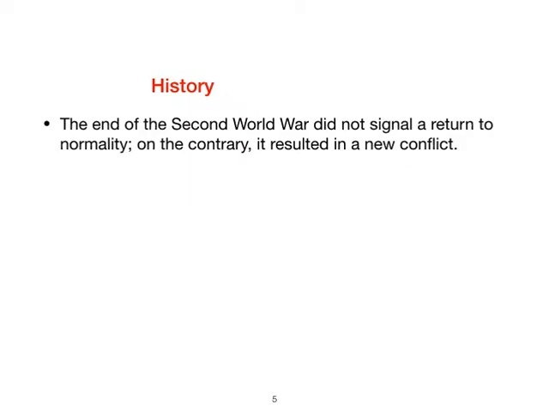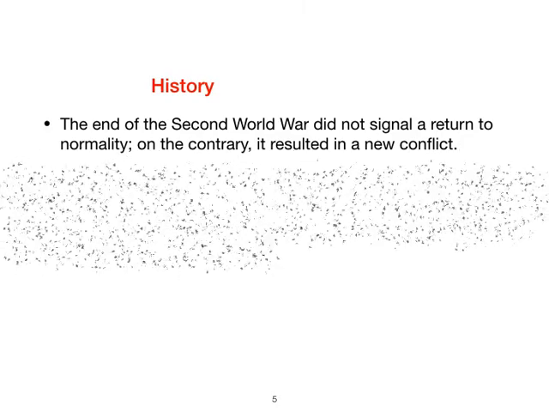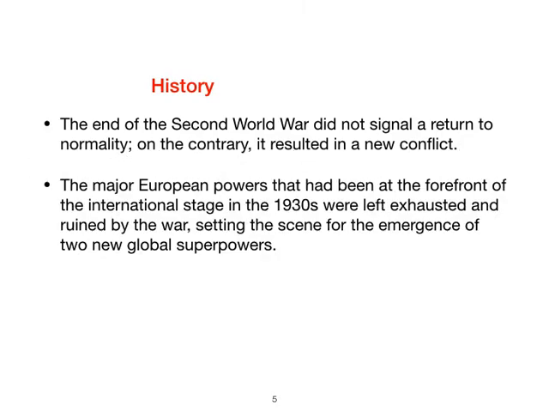The end of the Second World War did not signal a return to normalcy. On the contrary, it resulted in a new conflict. When World War II ended, a new conflict came out. The major European powers that had been at the forefront of the international stage in the 1930s were left exhausted and ruined by war, which set the scene for the emergence of two new global superpowers. So right after World War II,